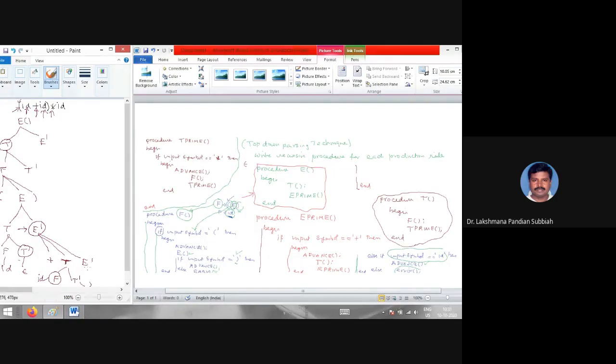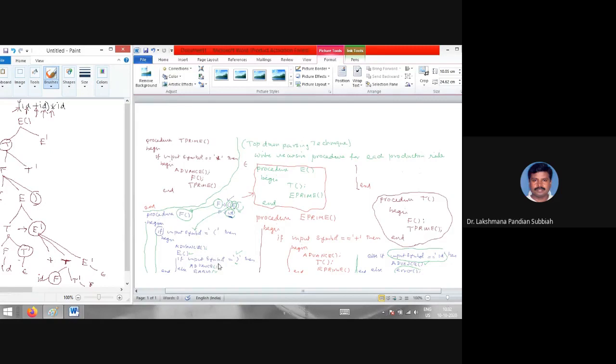Now it will come to here. Right? So it will return back to here, E prime. So it will check whether it is plus or not. It's not there. So it will put empty. Right? Are you able to understand now? Then it will come to here. Now this symbol is okay, right? Matched. We are come to this position. Where we are coming now? Here. Whether input symbol is close bracket, correct? Now the close bracket is matched, correct?